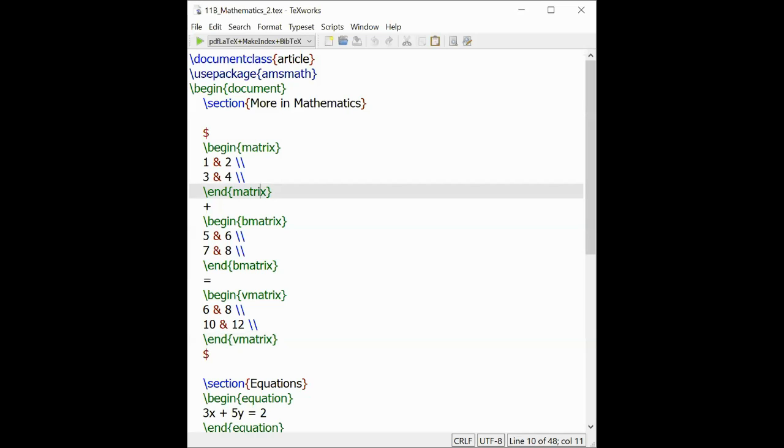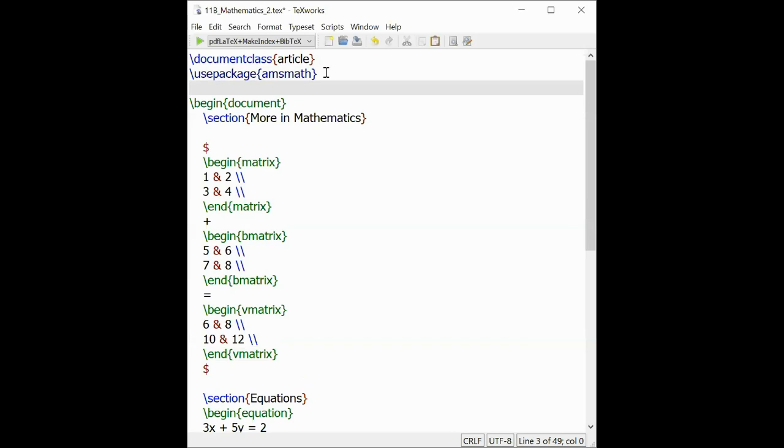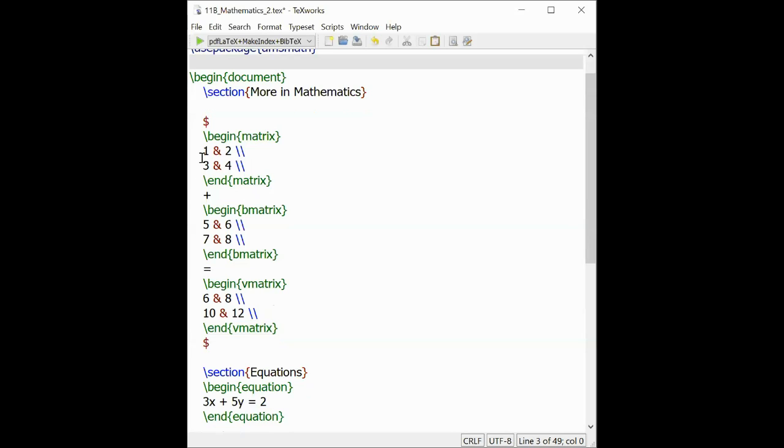In this you can see I am using the amsmath package here also. I told you every equation should begin with a dollar symbol and end with a dollar symbol. So first, if I put matrix, what will happen? You will create a matrix without any bracket. Bmatrix means you will have a bracket.